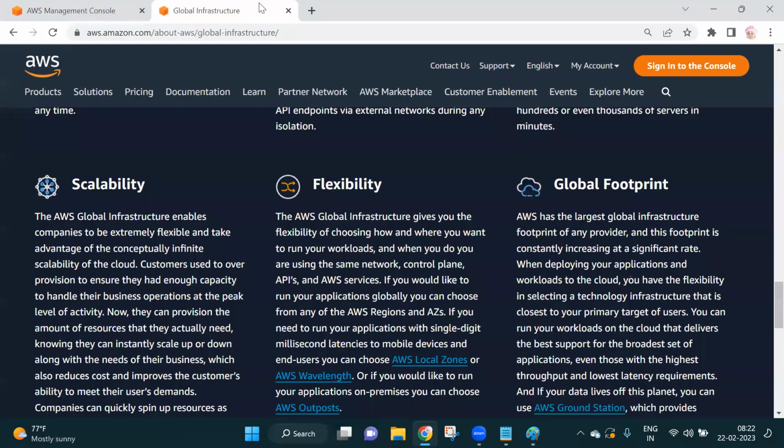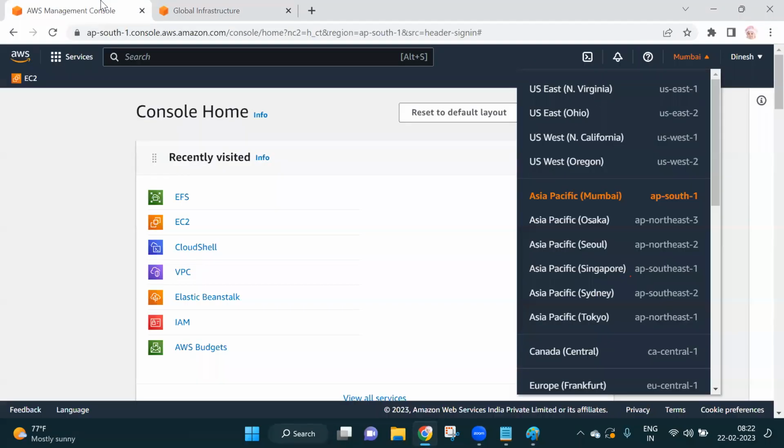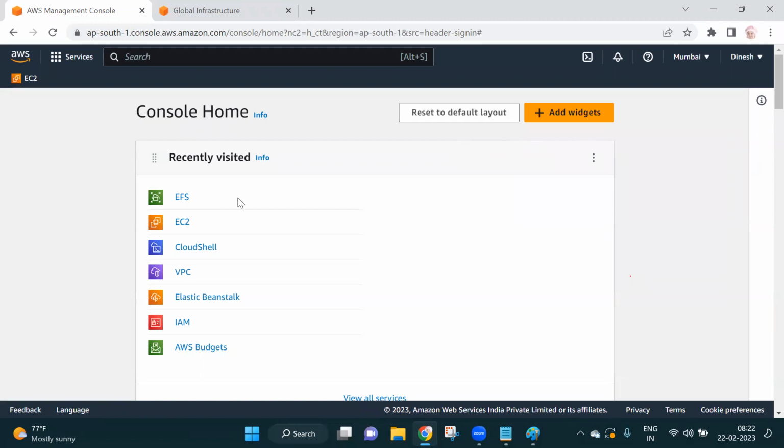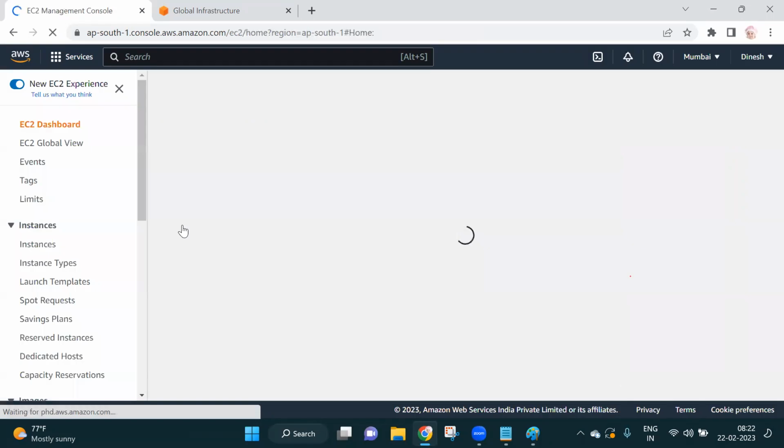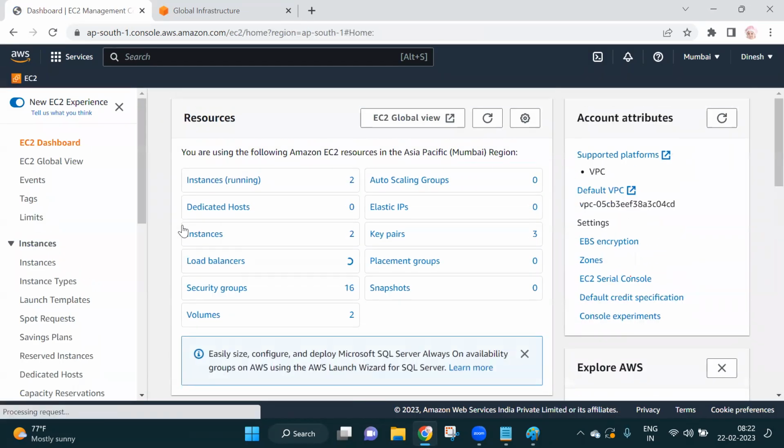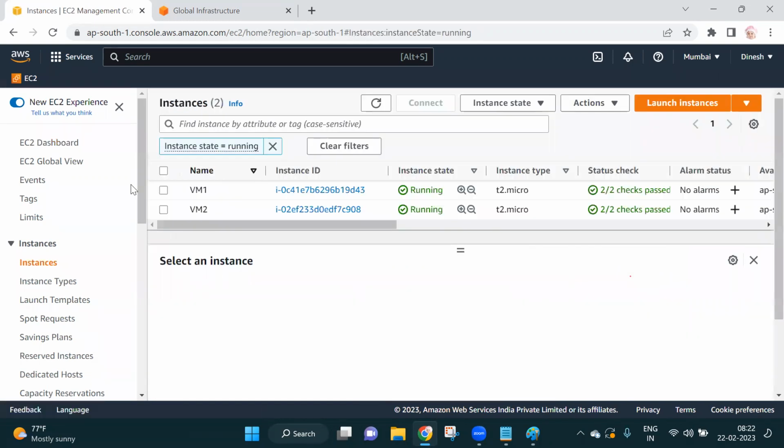I will go to my application. Let me go to this management console. And we can create an EC2 here. I can create the EC2. Oh my God, instances are already running.